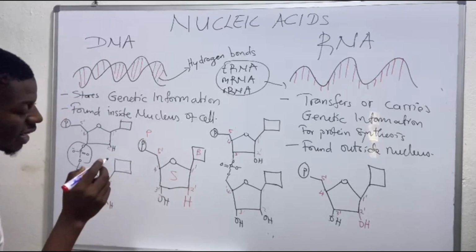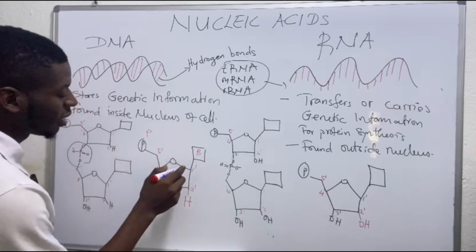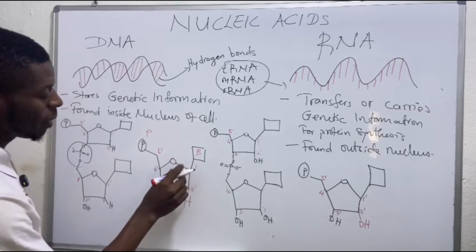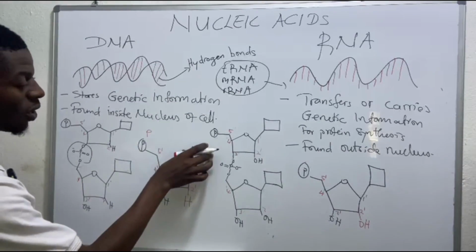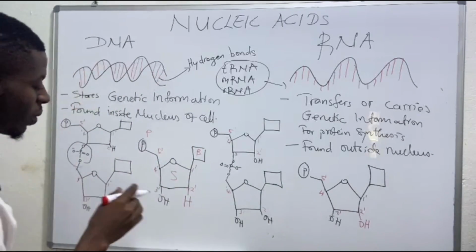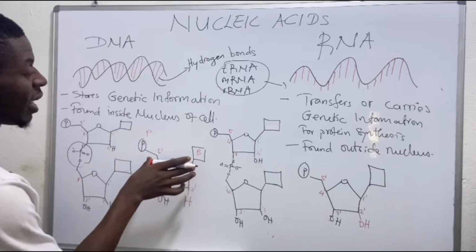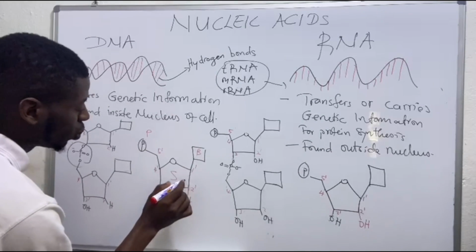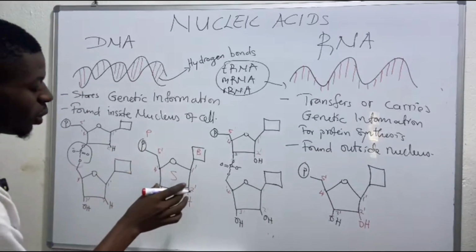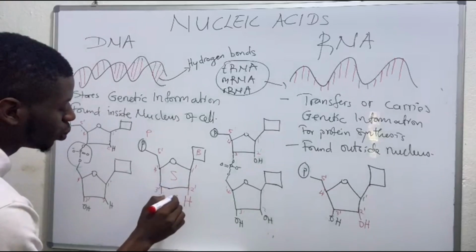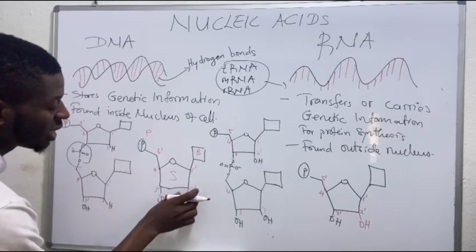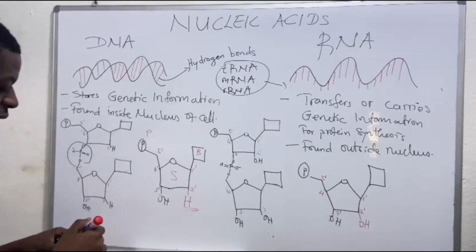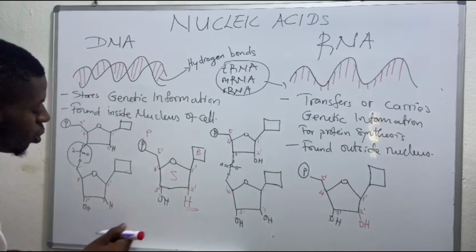So we number the carbon atoms of the sugars as 1', 2', 3', 4', and 5'. So we add prime here to distinguish the numbers from that of the nitrogenous base. Now, the only difference between the nucleotides that are found in DNA from that in RNA is at the level of this carbon number 2 of the sugar. So in DNA at position number 2, we do not have an OH. Instead of an OH at this position number 2, we have but a hydrogen. Are we together? And in that case, we call this a deoxyribonucleotide.